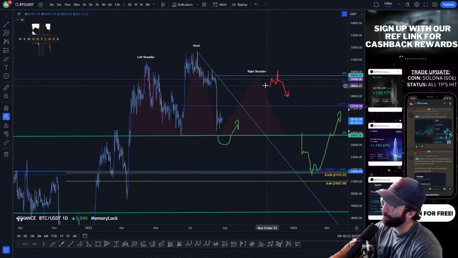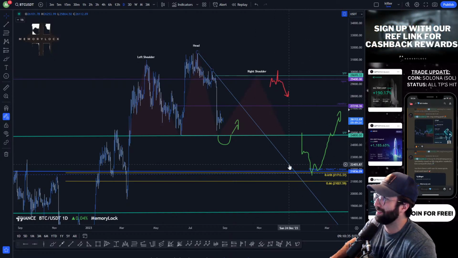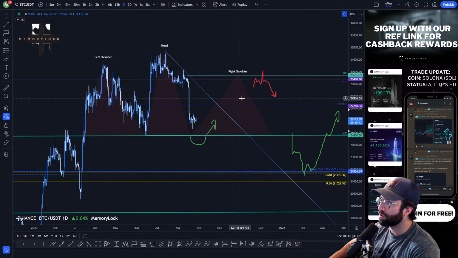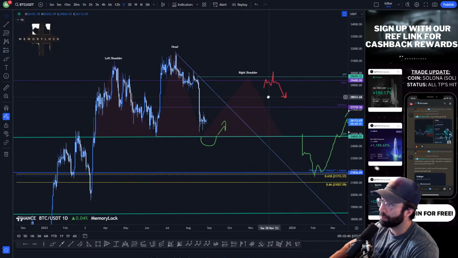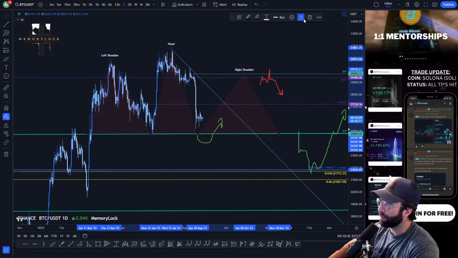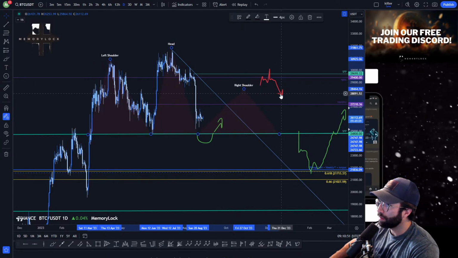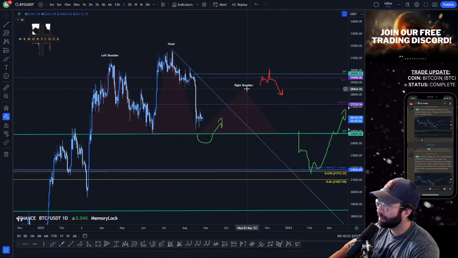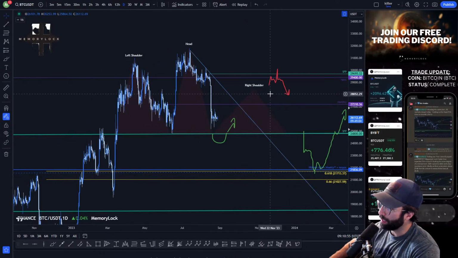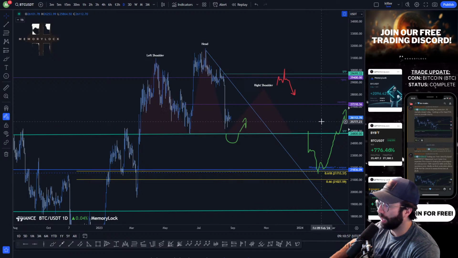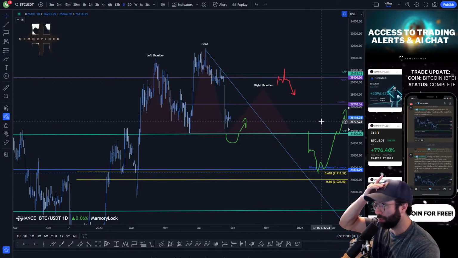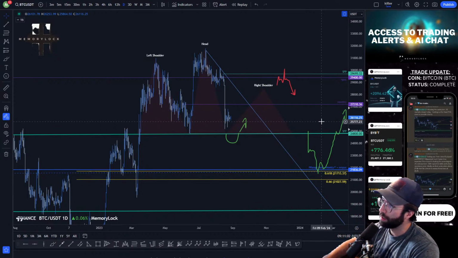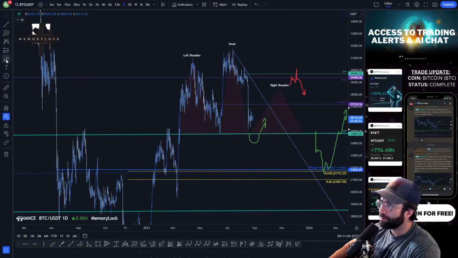I really don't think we'll go this high. I think at the time that we drew this out, this is a very optimistic right shoulder. I think it's probably more likely that we do something more in this area, 28 half max. I just really don't see us getting a really big move up on BTC. I think that there's a lot of weakness in the market.